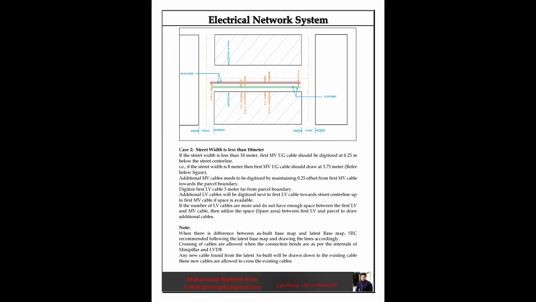Additional MV cables need to be digitized by maintaining a 0.25 offset from the first MV cable towards the parcel boundary. Digitize the first LV cable 3 meters away from the parcel boundary. Additional LV cables will be digitized next to the first LV cable towards the street center line, up to the first MV cable,